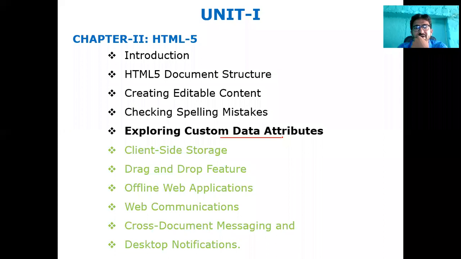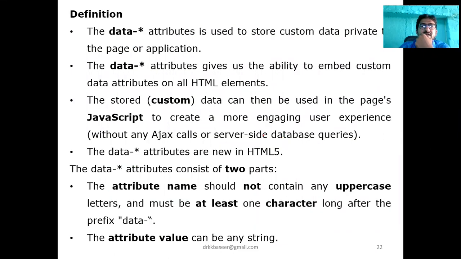Let me see. Have a look. Here, data attributes start with data hyphen star, where star indicates this is one attribute used to store custom data private to the page or application. Most of you are aware it asks you to save the username and password. Sometimes you get a dialog box, right? So to store such custom or private data, we can use data hyphen star. Now this is a custom attribute, so that's fine.